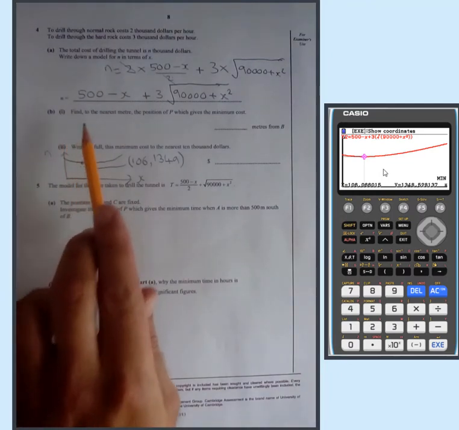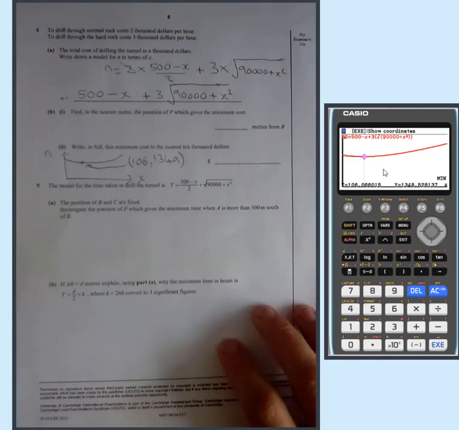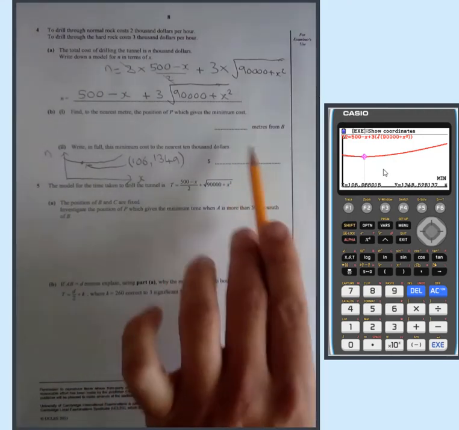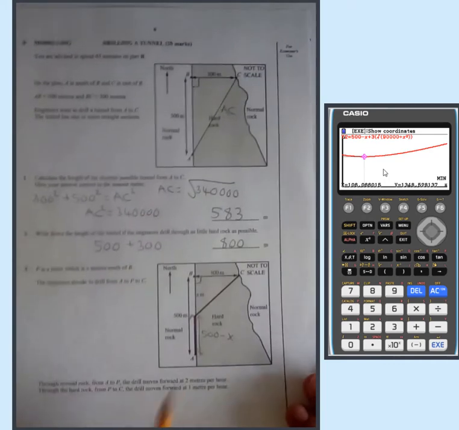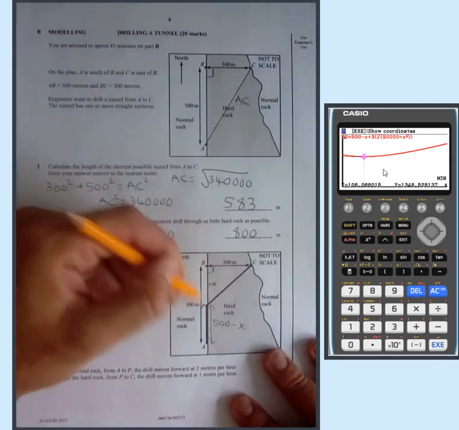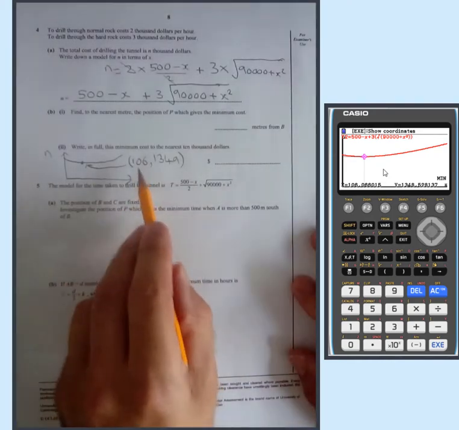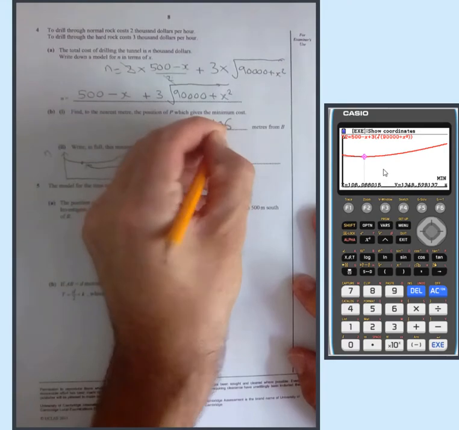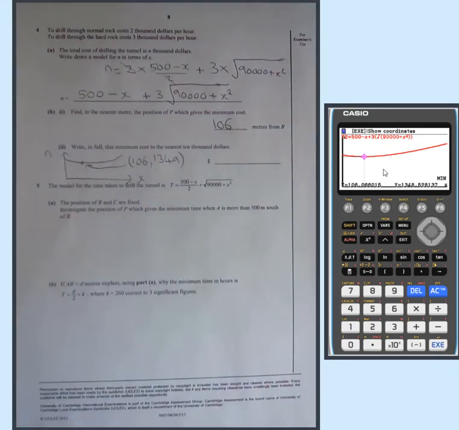So find to the nearest meter the position of P which gives the minimum cost. So to the nearest meter, remember that's x, and it's given in the same way it was before as meters from B. So if we go back here, meters from B is x here, so from B, how far? And that is to the nearest meter 106,